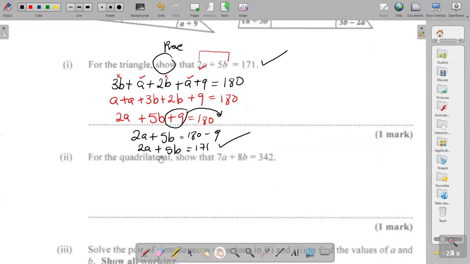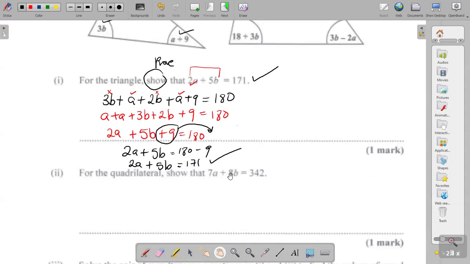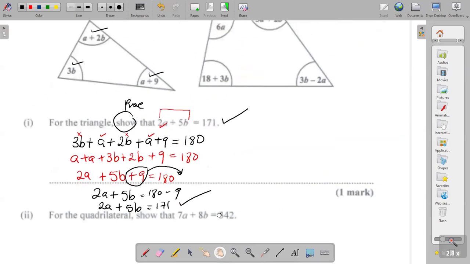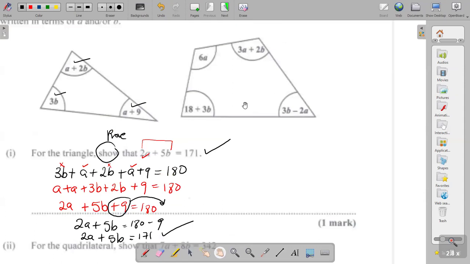For the quadrilateral, show that 7A plus AB equals 342. Now, this is my question. Do you think you could answer this one by yourself? Yes or no? Based on what we just did, do you think you could handle this part now? Tell me the truth, yes or no? What would be the only difference? Instead, all the angles in a triangle add up to 180, but all angles in a quadrilateral add up to